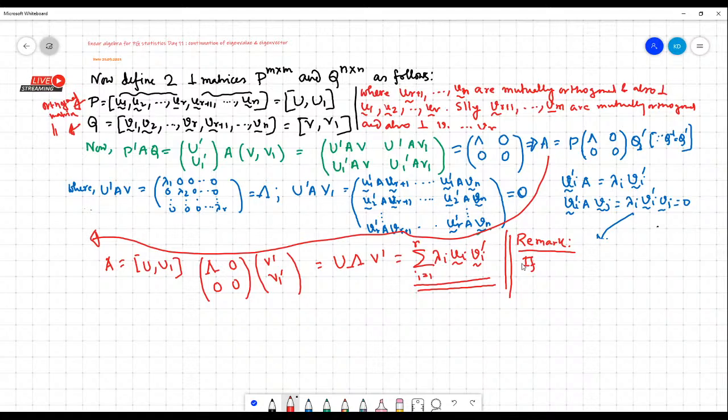But if A is not full rank but a real symmetric matrix, that is, if A is singular with rank of A equal to small r, which is less than or equal to small n, the order of A, then by the same procedure A can be written as a linear combination of R elementary, R idempotent matrices whose rank is 1,